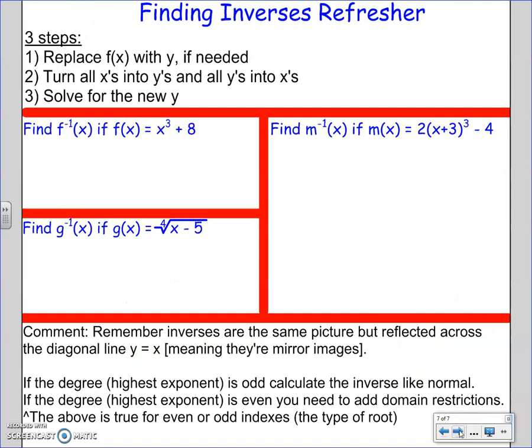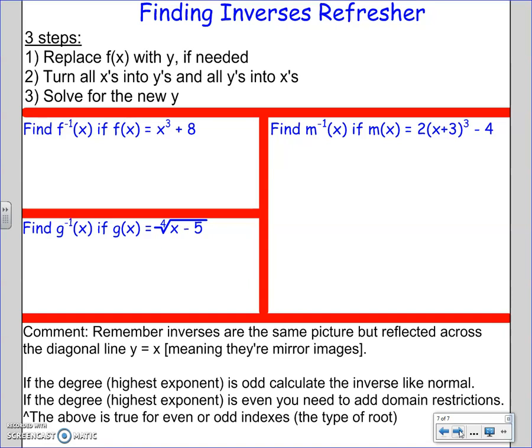So y'all know inverses. Change f of x to y, switch x and y, and solve for the new y. But now we're going to have exponents, but to get rid of an exponent, you just use the correct root. So for number 1, just find the inverse of f of x, if f of x equals x